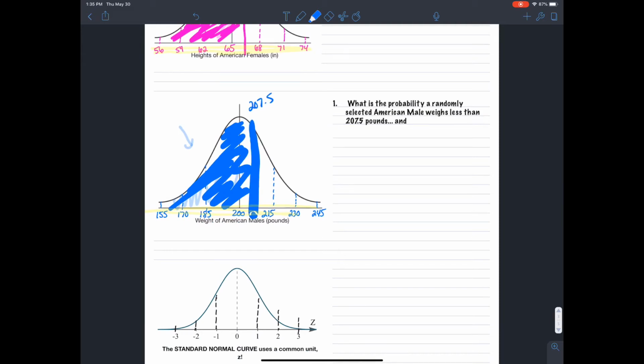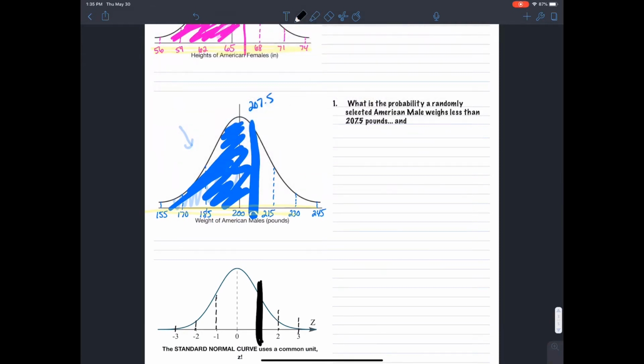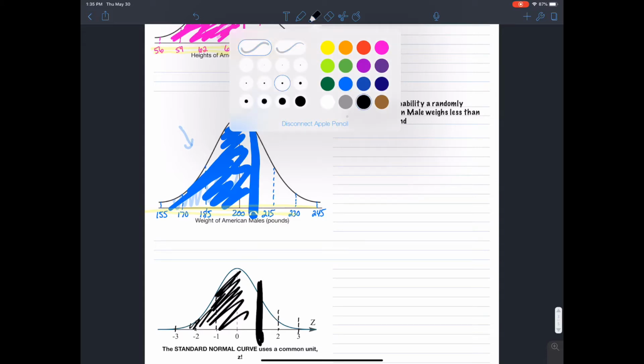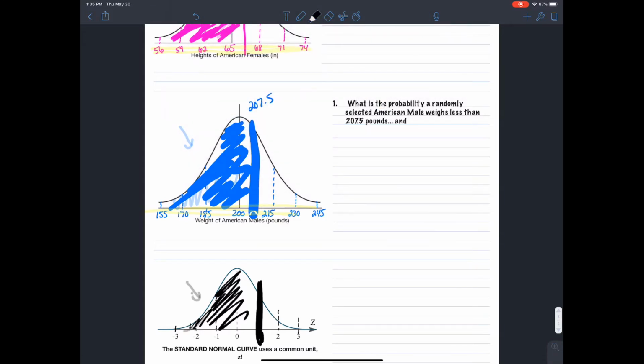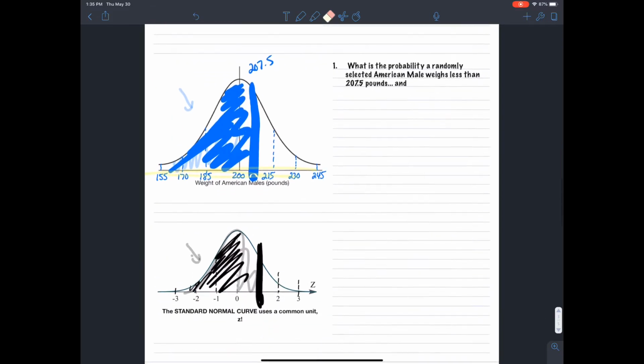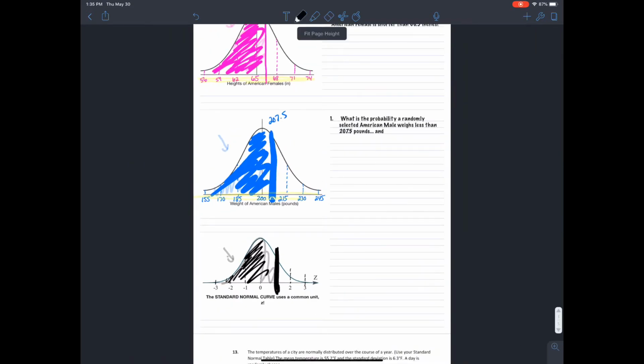So in other words, if I come down here and I draw a picture like this, and then shade in the rest of it, this area also looks exactly like the area up top. The only thing that has been changed is the label on the x-axis. So whether I'm talking about heights of American females or weights of American males, or whether I'm just not telling you what those numbers are, what we can see is the area is independent